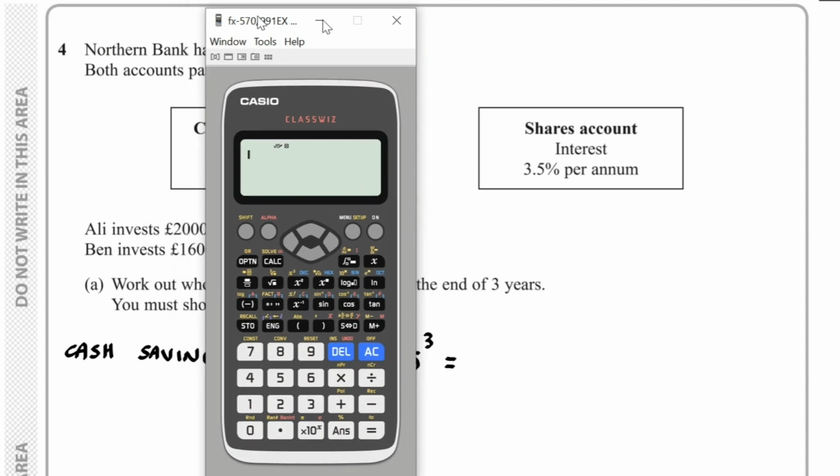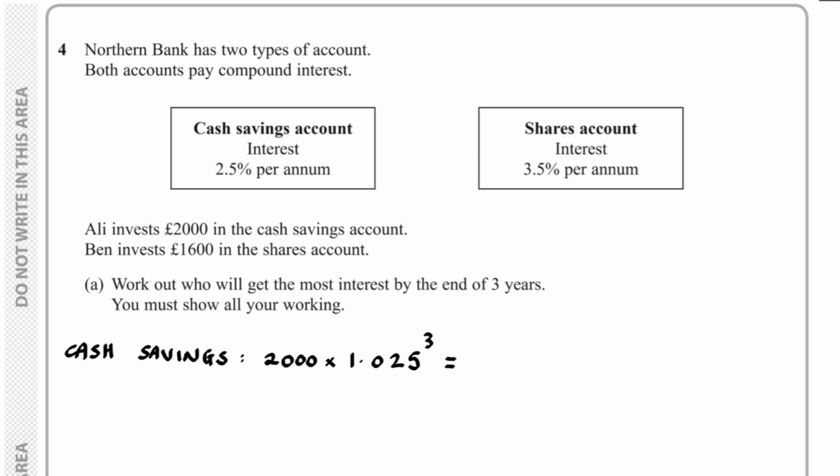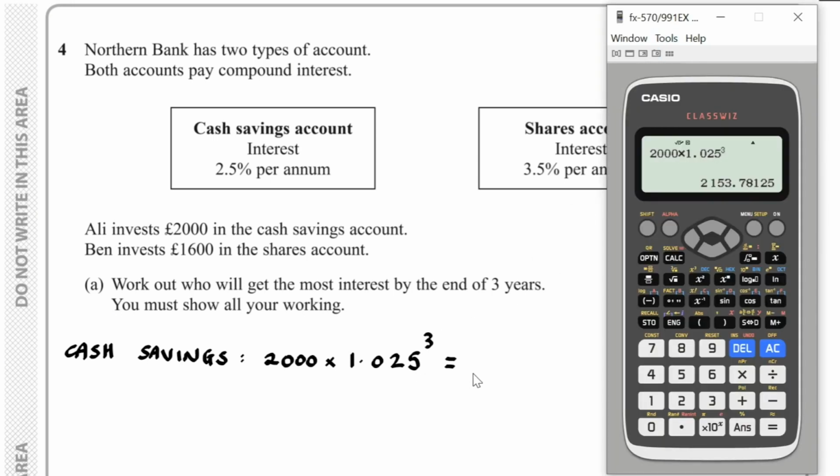And so if we work out what this is, it turns out we get £2,153.78. And so therefore the interest,